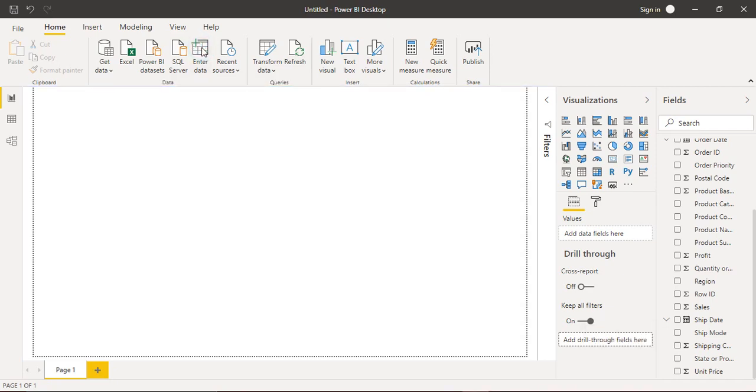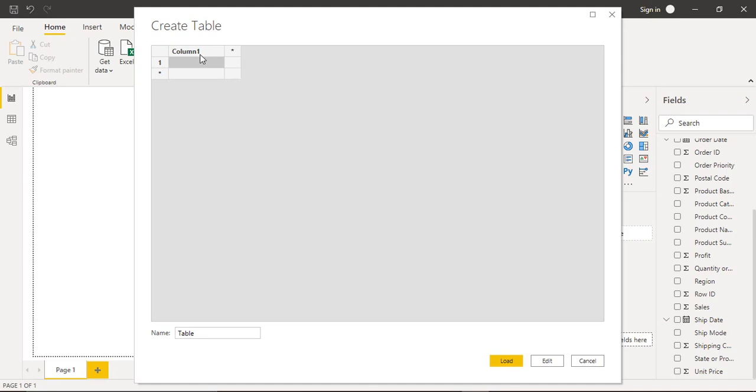If you click over it, what happens? You will get this kind of an option. So this is column 1, which is representing nothing but a table for you. You can give it a heading like region, and if you see, this is the star option. If you click over it, you would be able to add one more column. As many times as you click on star, that many columns would be added.